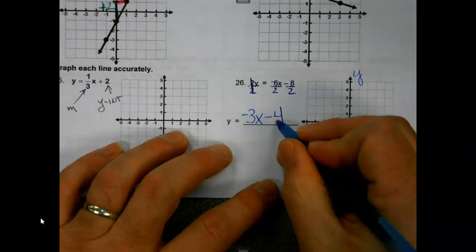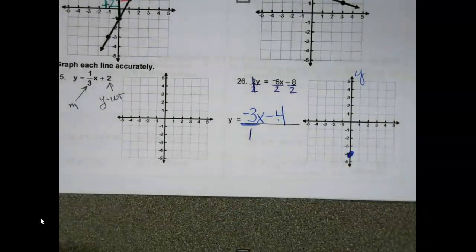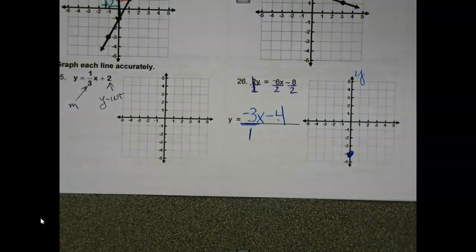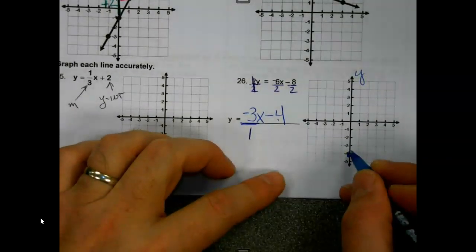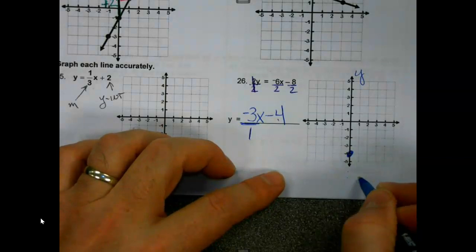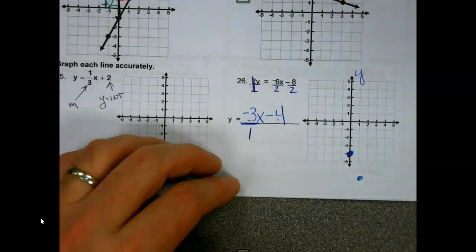Y-intercept, and you might be like, well, wait a minute, though. If I got to go down 3 and right 1, I kind of run out of room. Well, you can do a couple things. You can guesstimate, or